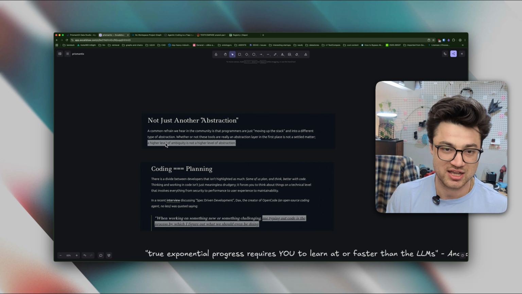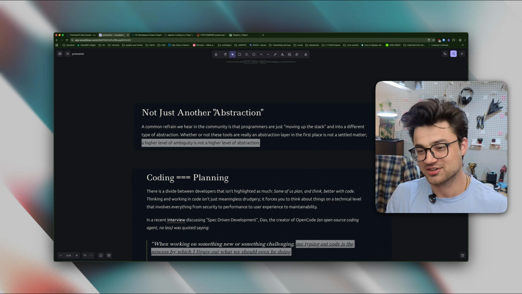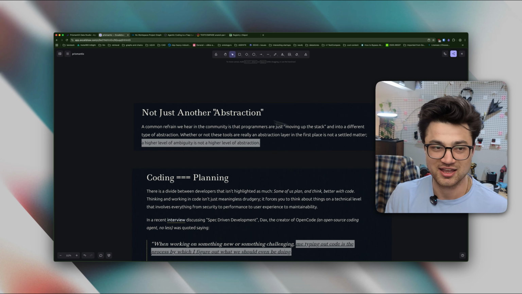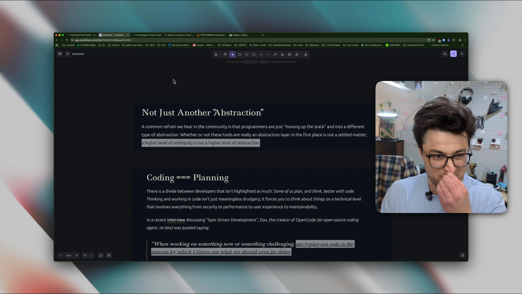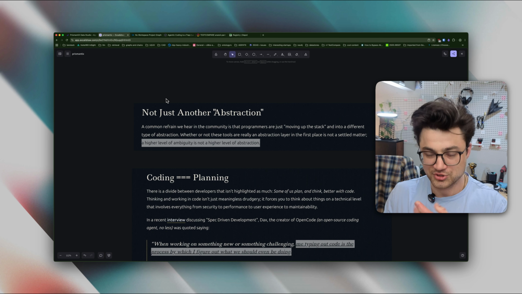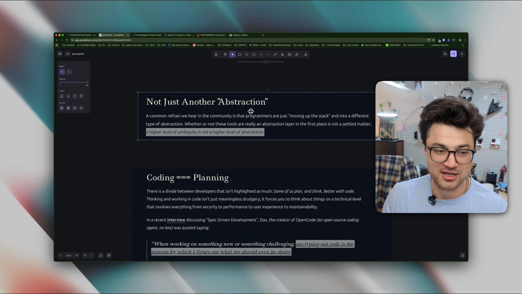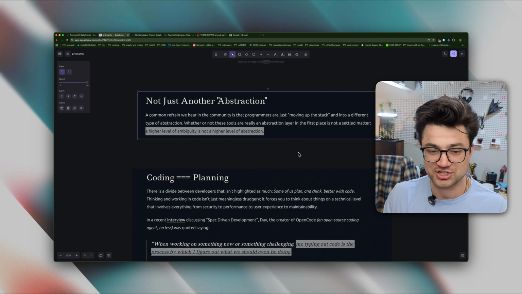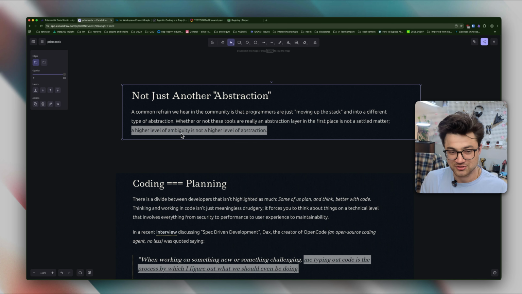And at the same time as I was starting to realize this, I saw this article that came out, and also that Theo guy from T3GG, he posted a video on it too. There's a couple of good lines here, which is a higher level of ambiguity is not a higher level of abstraction,